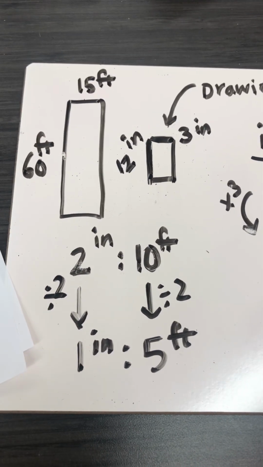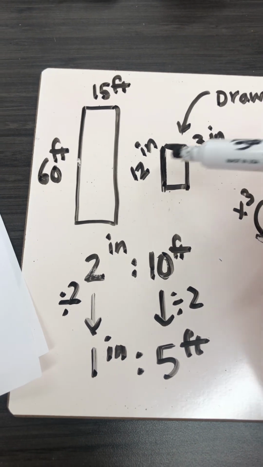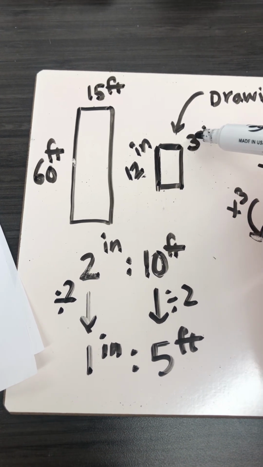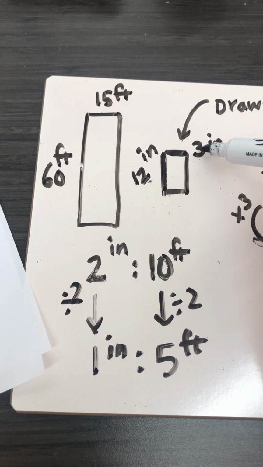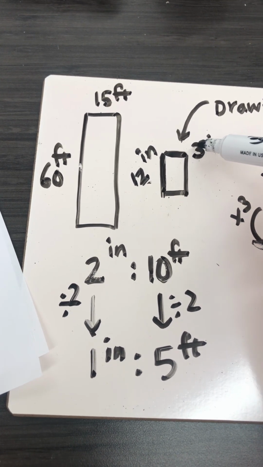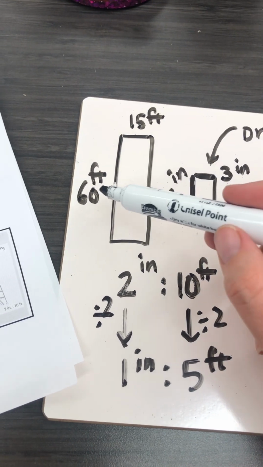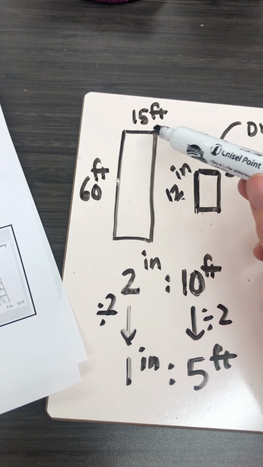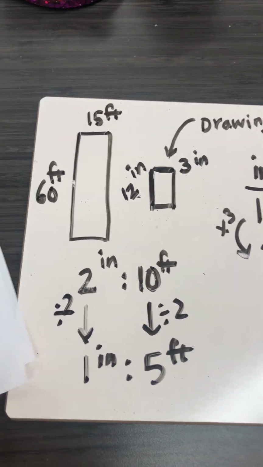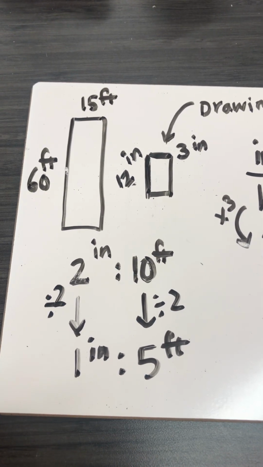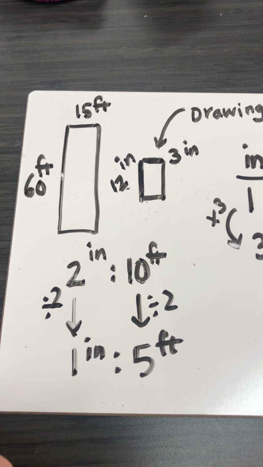If the question asks for finding the area of these shapes, these are rectangles, so I know I can multiply the length and the width to get the area. The area of the drawing is going to be 12 times 3, which is 36 square inches. And the area of the actual tower, if I were to find that, I would multiply these 2 numbers. Those are not asked in the question. The question was just asking to find the length and the width of the